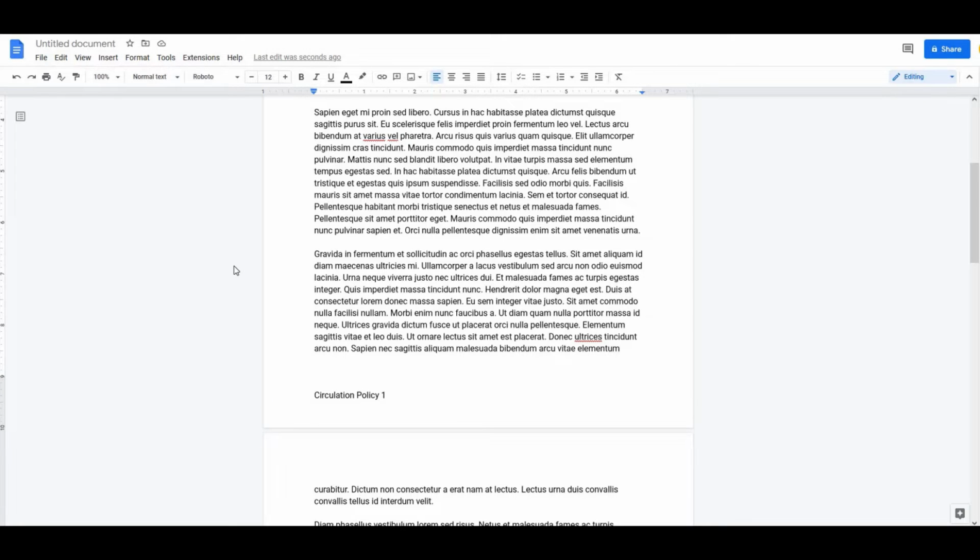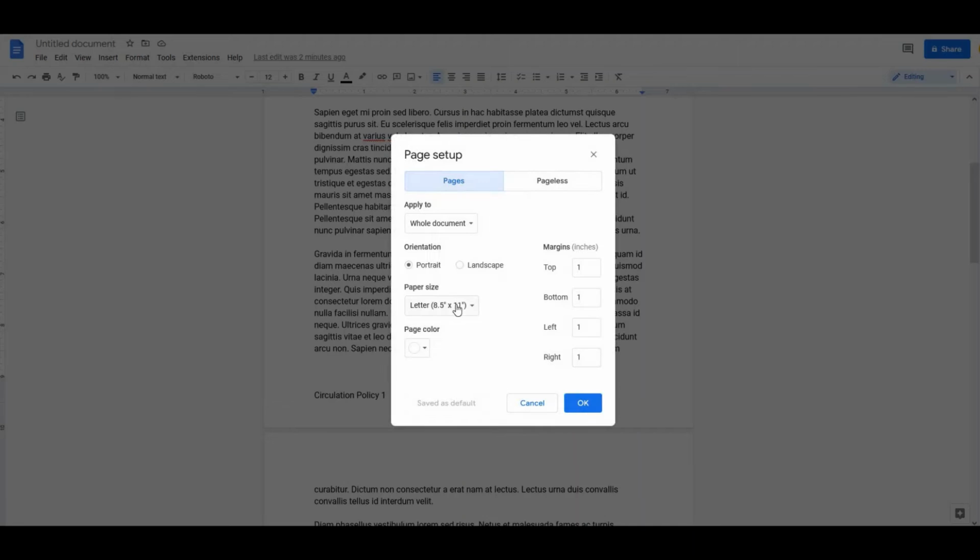All right, so we're going to start off in Google Docs, and then I will show you the same trick in Microsoft Word later in the video. Now, there's two important things to point out before we get started. The first is that the trick I'm showing you right now is going to apply to a document that's 8.5 by 11 inches, which is a standard piece of paper, a standard document in the US. And also the margins I'm working with right now are 1 inch, top, bottom, left, and right.